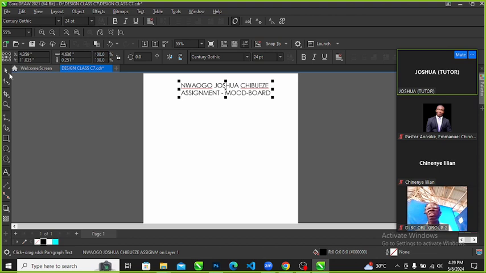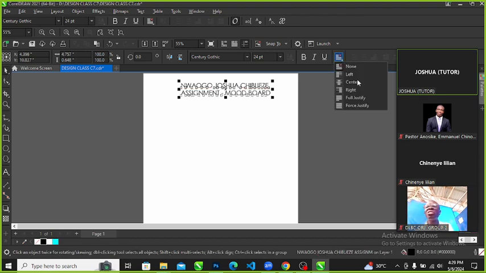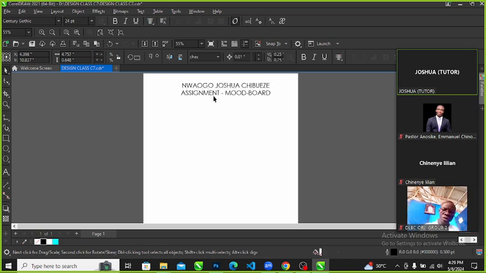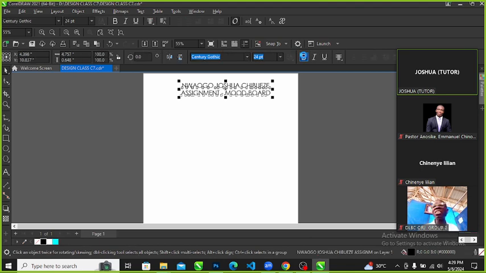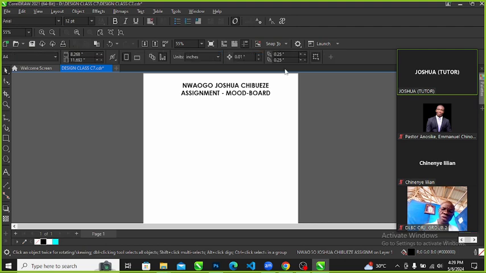So you have to come here and align it to the center. Right. So let's bolden it. Just click on the text and click on bold. All right. So now we want to